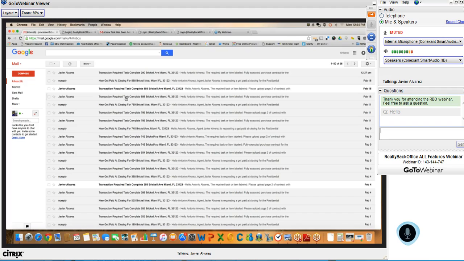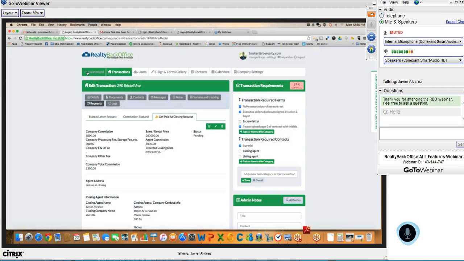Looks like the Gmail servers are a little bit slow, because the other email didn't go through either, and this one I see is not coming through. We should see those coming up shortly. But nevertheless, the company admin will receive an email letting him or her know that an agent has made a request. If we go into the dashboard,